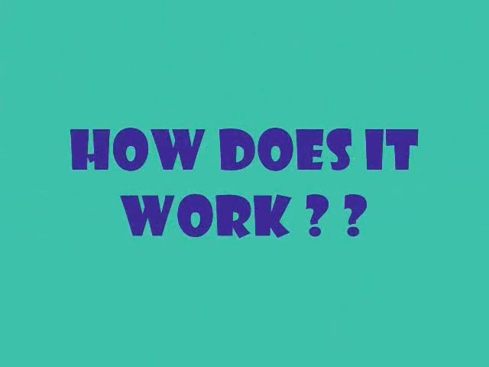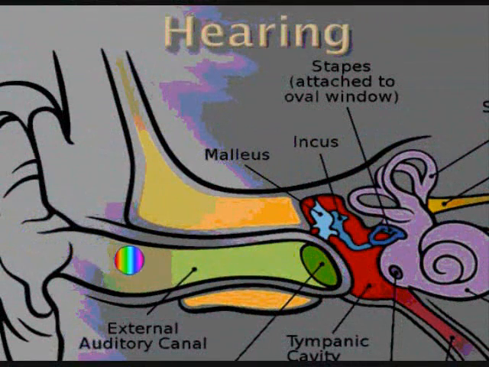So how does it work? The sound waves are collected by the pinna and will pass through the auditory canal and strike the eardrum, which will vibrate. The bones connected to it, the hammer, anvil, and stirrup, will also vibrate. The vibration from the stirrup will pass the oval window that will cause the fluid of the cochlea to form